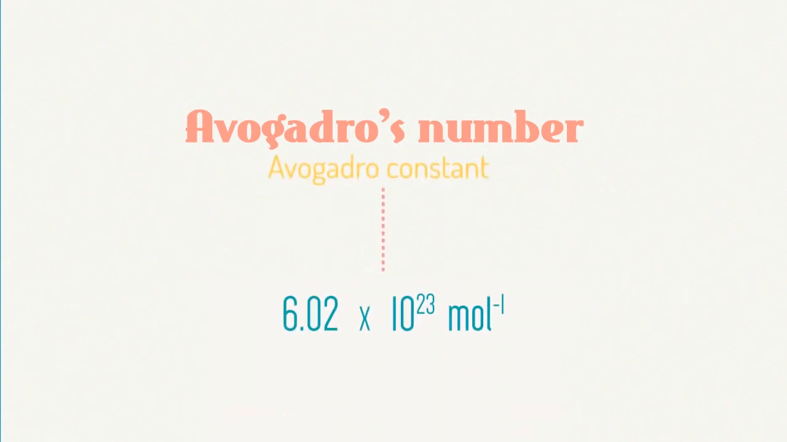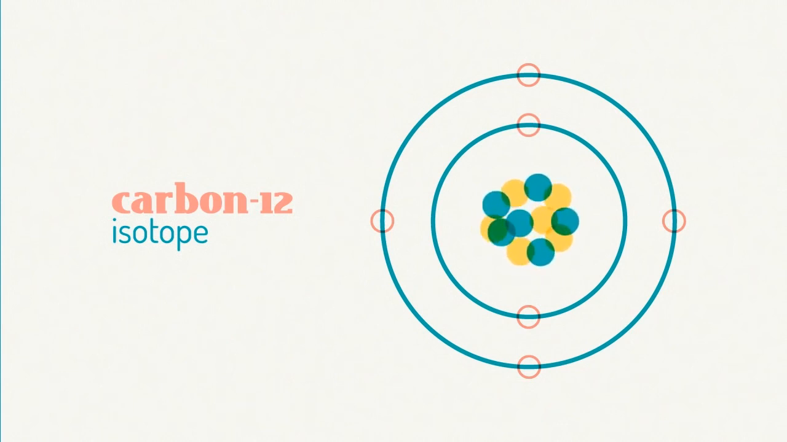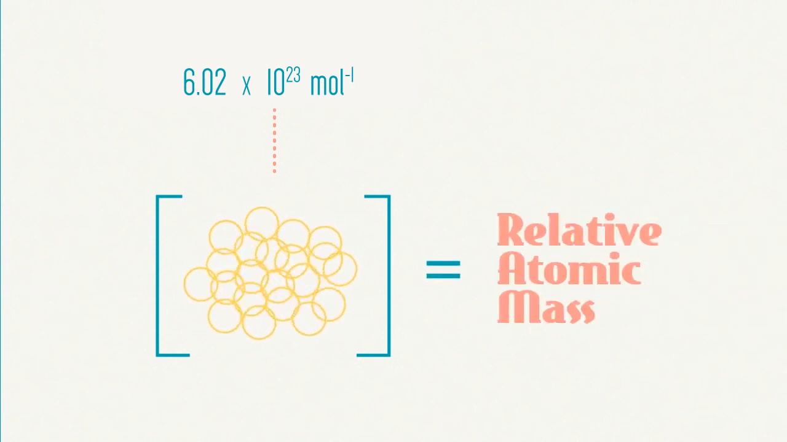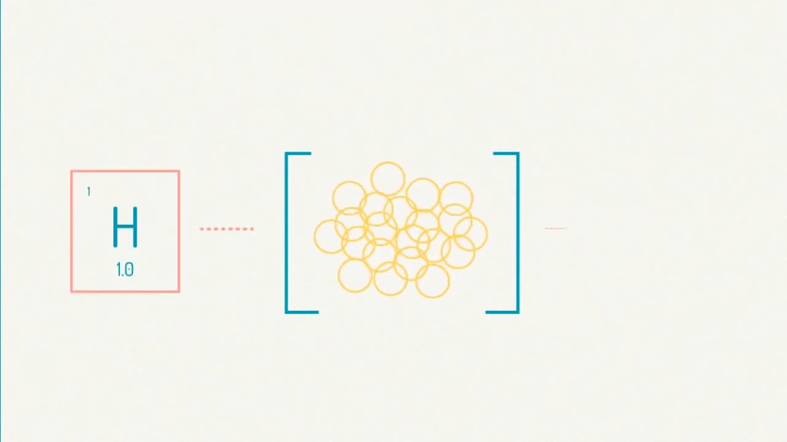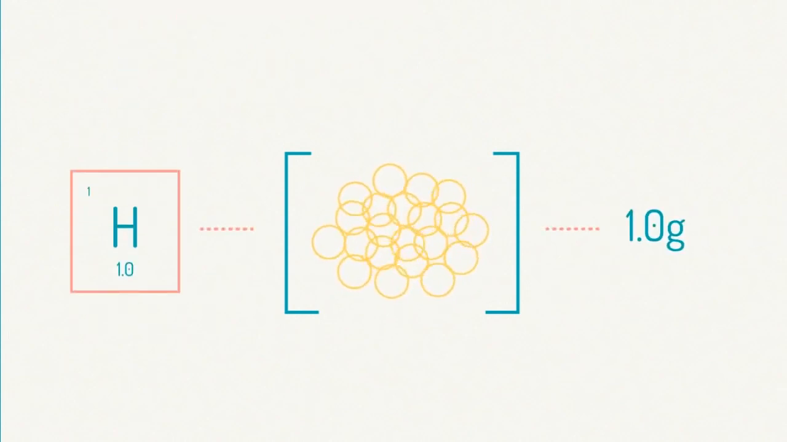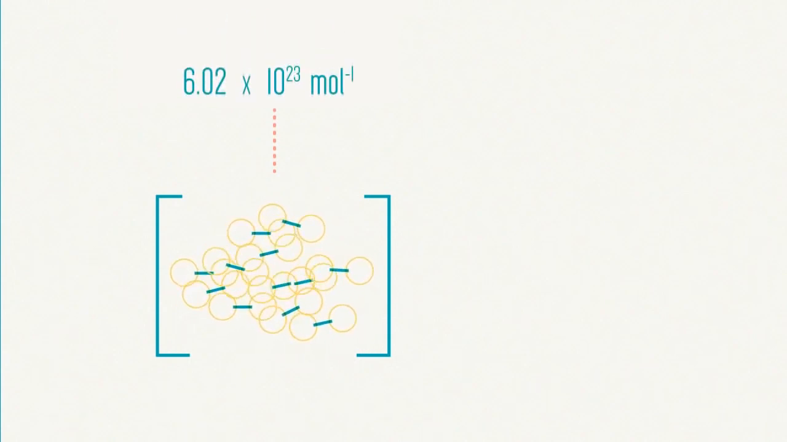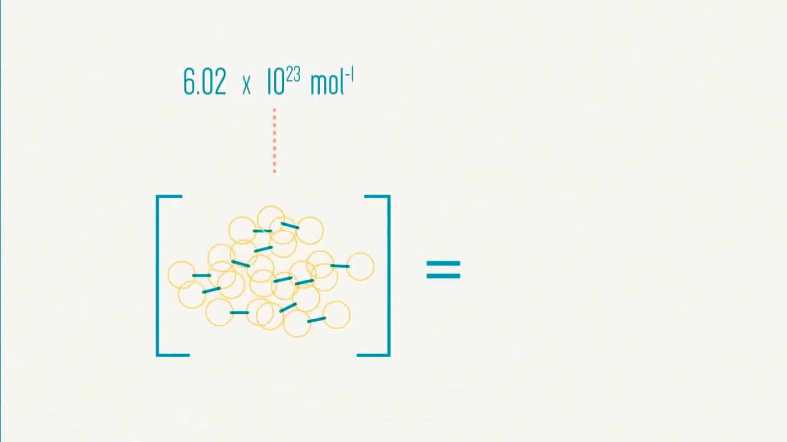Avogadro's number, Na, or the Avogadro Constant, is 6.02 times 10 to the 23 particles per mole. It is the number of atoms per mole of the carbon-12 isotope. For atoms, the mass of Avogadro's number of particles is equal to their relative atomic mass in grams. So, the mass of Avogadro's number of hydrogen atoms is 1 gram, and the mass of Avogadro's number of chlorine atoms is 35.5 grams. For molecules, the mass of Avogadro's number of particles is equal to their relative molecular mass